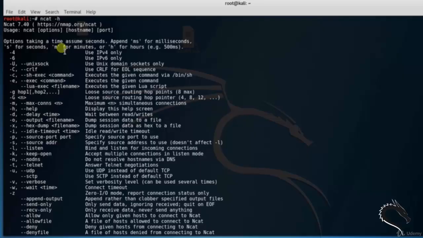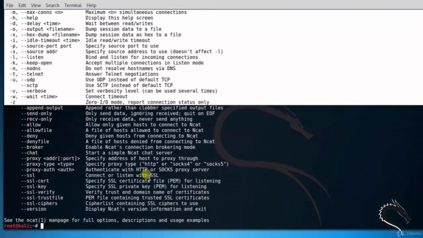Let me explain some command options which we are going to use here. The -l option will make it work in listen mode. The -p option will specify which port to listen on. The -v option will make it verbose on the Linux server, and the syntax is ncat